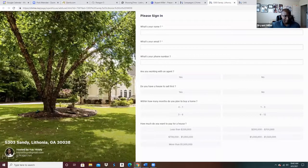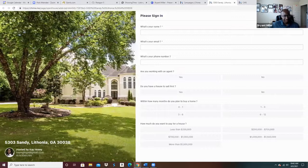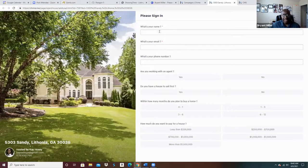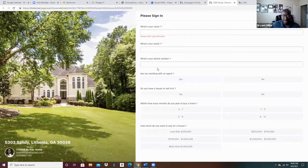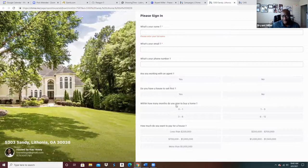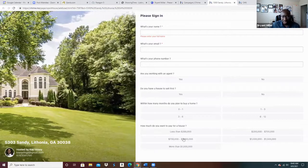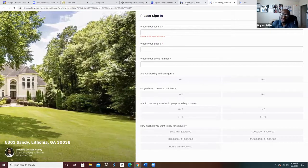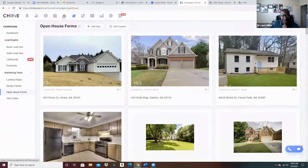What you're going to do, you'll just put the listing in. It's going to put your information. It's going to have the house. And when they come in and sign in, they just put their name, their email, phone number. Are you working with an agent? Do you have a house to sell? All the important questions. And then how much you want to pay for a house. Then submit. Once you submit it, it's automatically going to go into your Chime system, and you have another lead